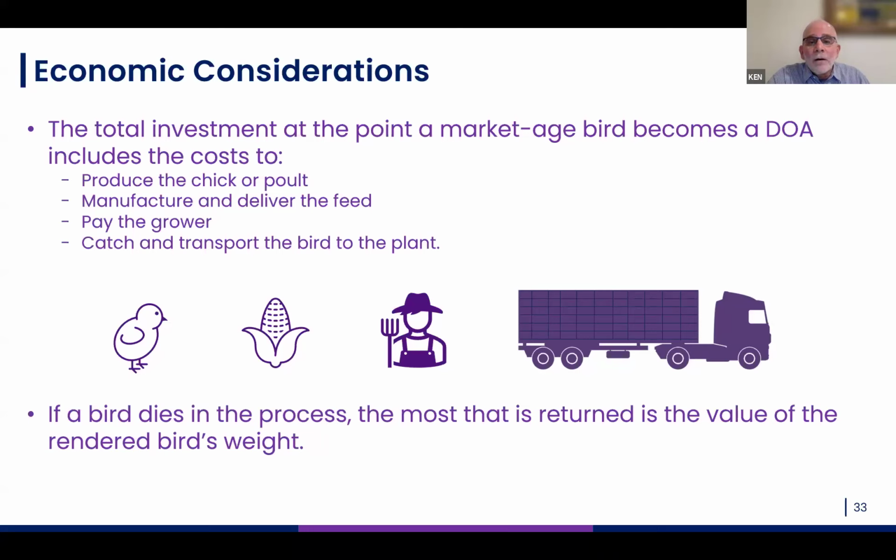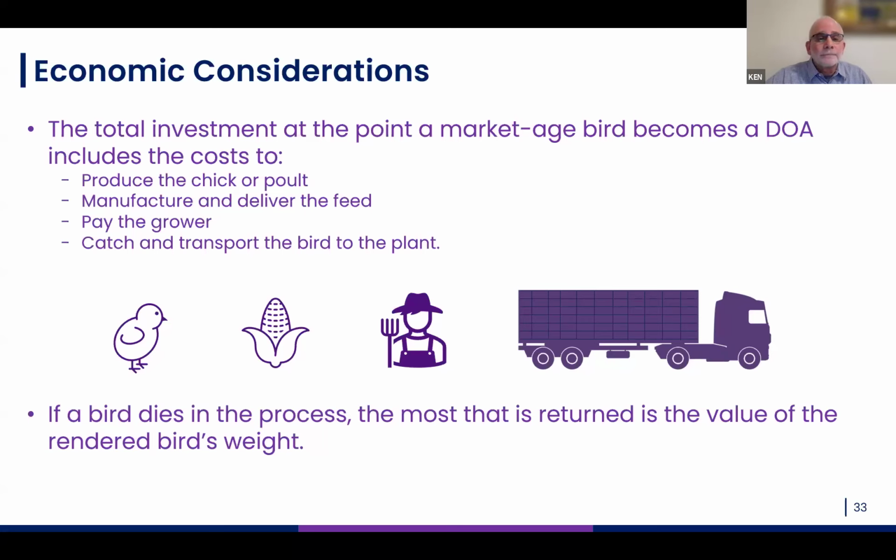So you've got all the cost in that bird that's being delivered. And if it dies in the process, the most that you're going to get returned on that investment you've made is what the rendered bird's weight is, the value of that weight, which is a fraction of the true value